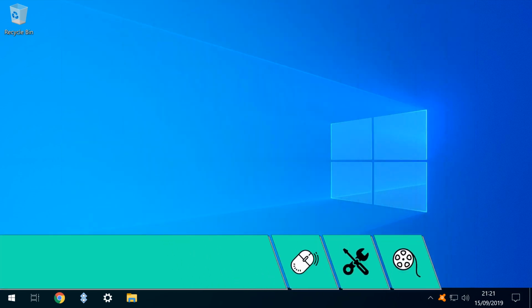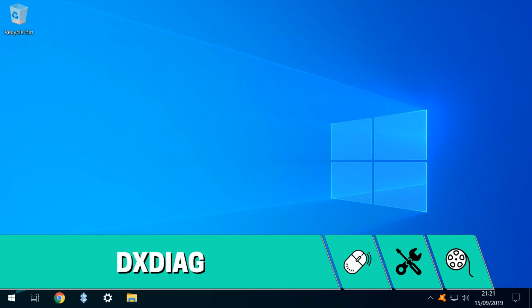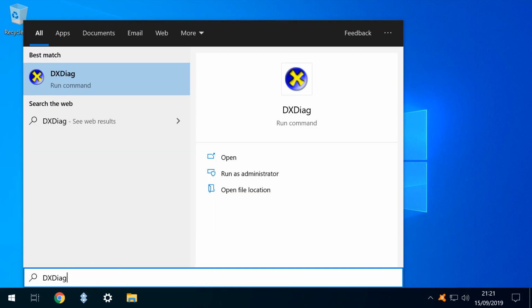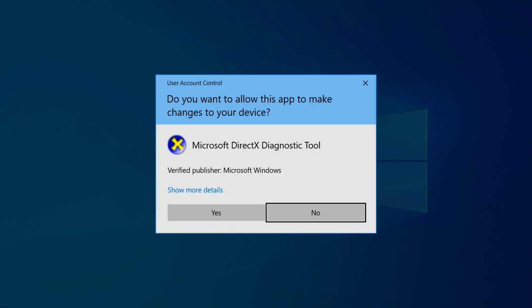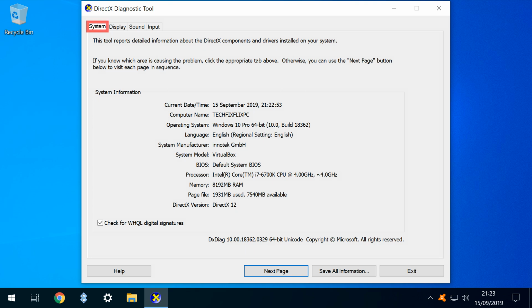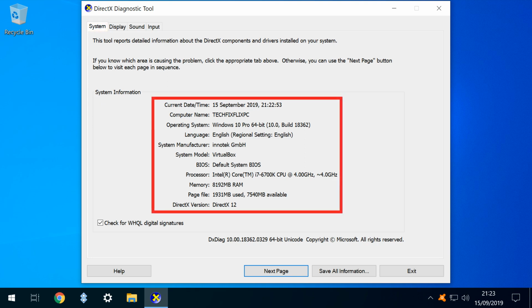Our seventh source is Microsoft's DirectX diagnostic tool. After clicking the Start button, we search for DXDiag and run, again selecting Yes at the user account control screen. We can optionally check to see if our drivers are digitally signed, and this is essentially a free choice based upon your preference. The default system information screen provides us with similar information to that provided by other tools seen in this tutorial,